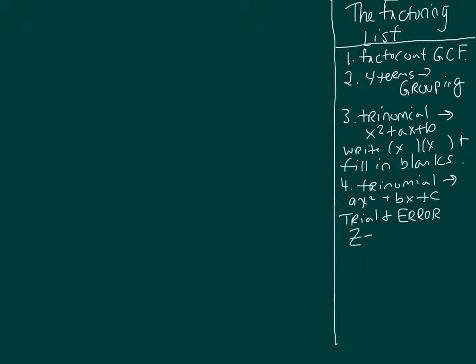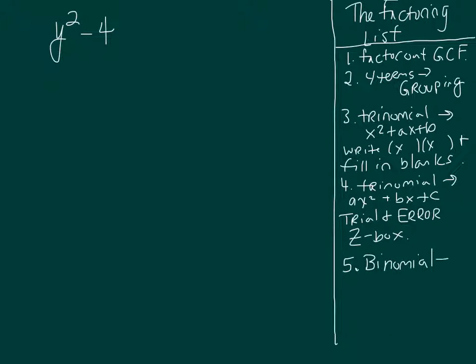But the Z-box can help us organize our thoughts. Let's consider something like this. What if I have y squared minus 4? Let's say I want to factor this. If I look at the steps on the factoring list, factoring out the GCF, there is no GCF. Y squared and 4 don't have any factors in common. I don't have 4 terms, so I skip step 2. I don't have a trinomial, so I skip steps 3 and 4. But I do have a binomial, so step 5